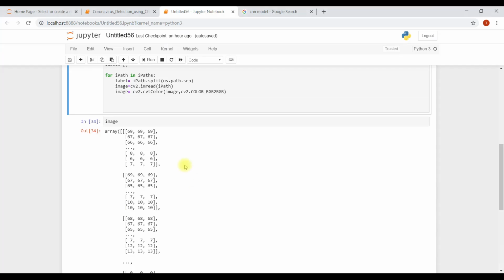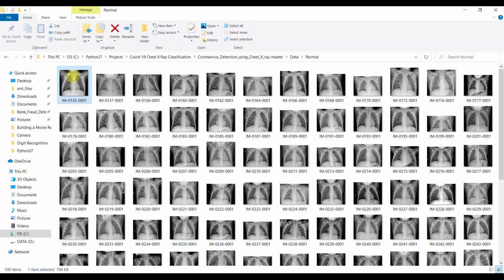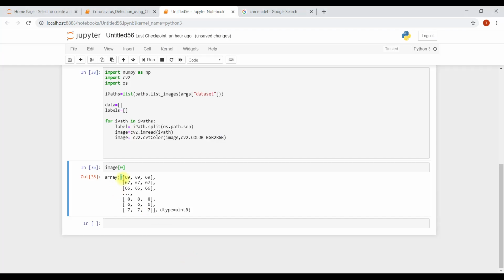You can consider that this might be your first image, just for an example, and that image has been converted into an array. This is a very necessary step, because of course your model needs numerical form.